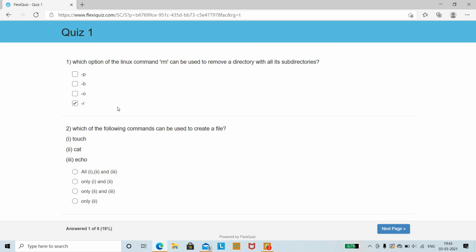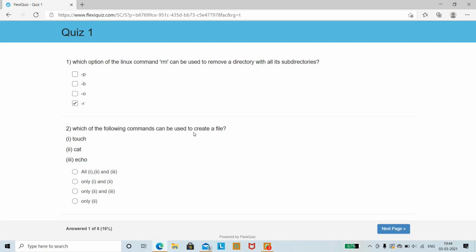So the next question is: which of the following commands can be used to create a file? They have given the touch command, cat command and echo command. Touch is a command which is used to create an empty file, cat is a command which is used to create a file, and echo is a command which is used to display the result.